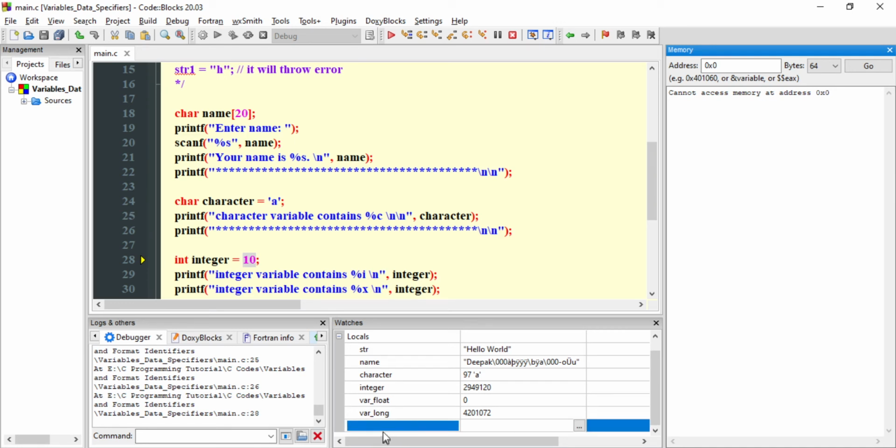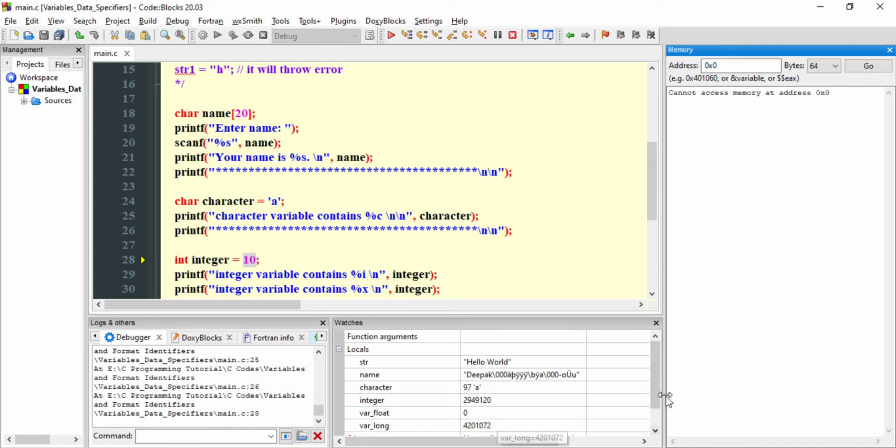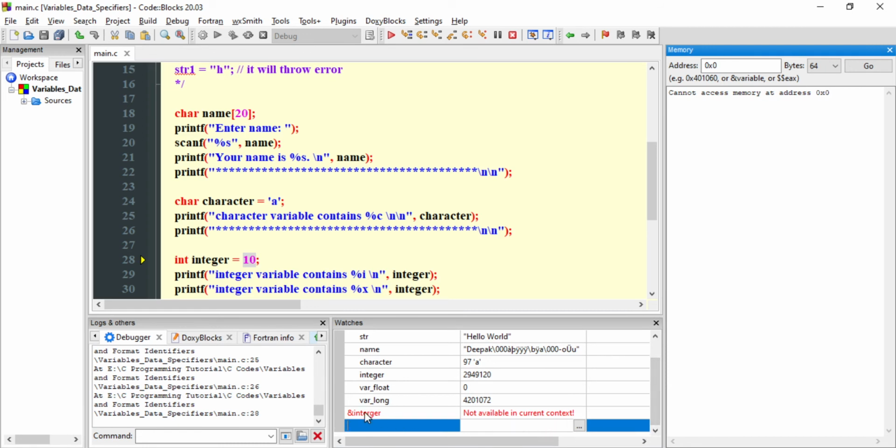For that you can come down to the local watch, type ampersand and then the variable name, integer. So this will show you the address of that particular integer, and I will press enter. So here you see &integer, no available current content, because it has not been assigned yet.